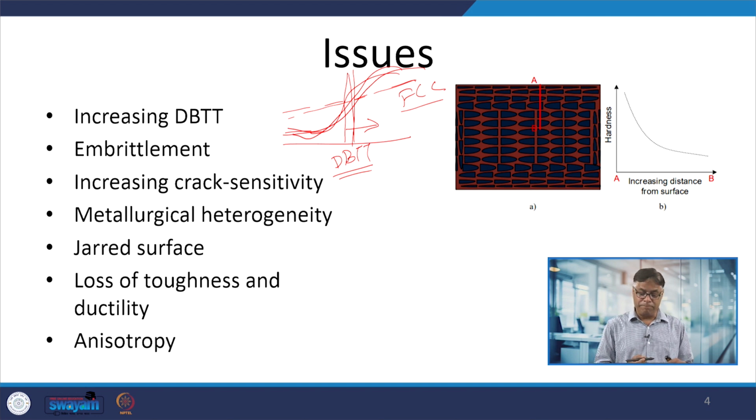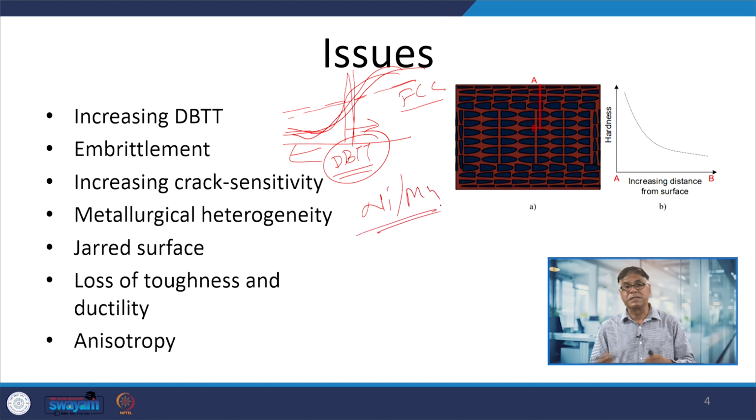Material which could have been ductile will behave like a brittle material if there is an increase in the ductile to brittle transition temperature. So, it is always preferred that this ductile to brittle transition temperature is low. Increasing carbon content increases the ductile to brittle transition temperature, while addition of nickel and manganese reduces this ductile to